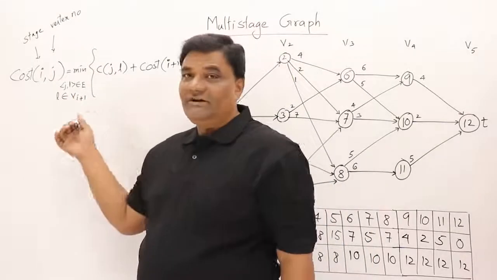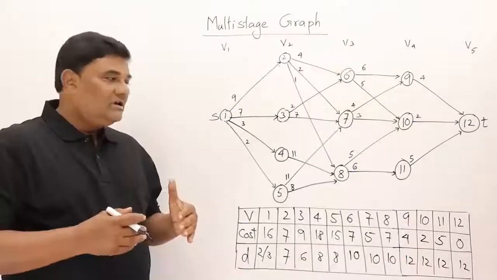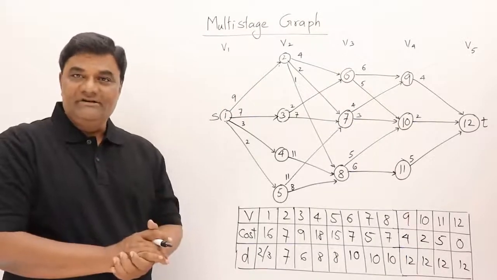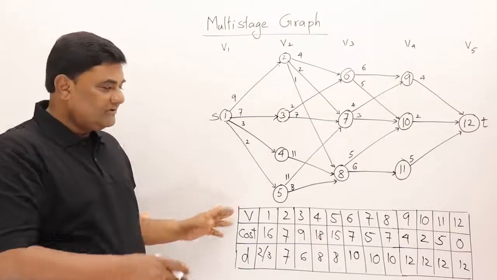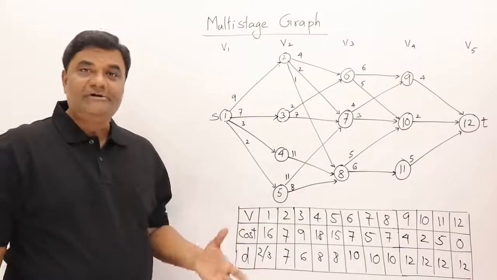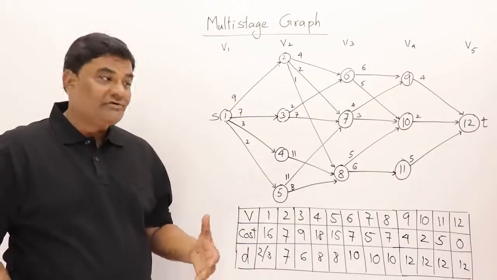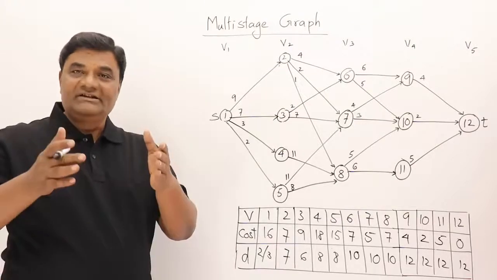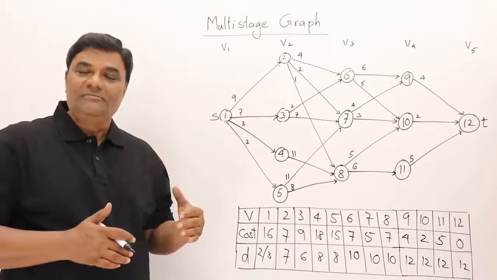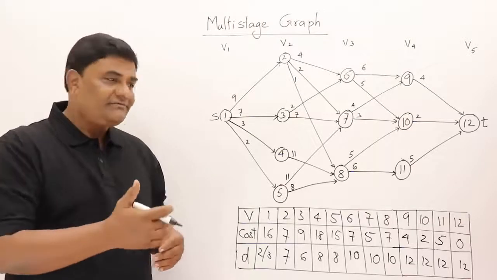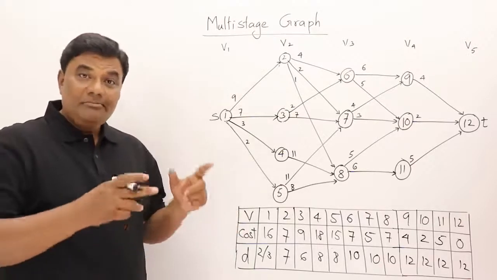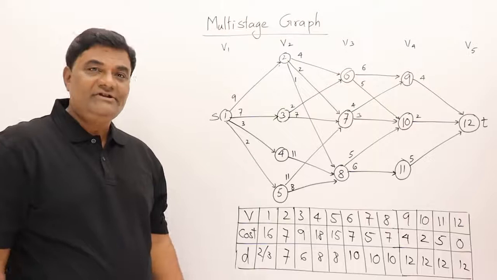So this is the formula that you can find in the textbooks. Now the actual dynamic programming starts, right? Already we have the formula and filled up the table based on the dynamic programming approach to get the result. Actually, the method of dynamic programming is to solve a problem by taking a sequence of decisions. We have not taken any decision so far, but now we are going to take the sequence of decisions based